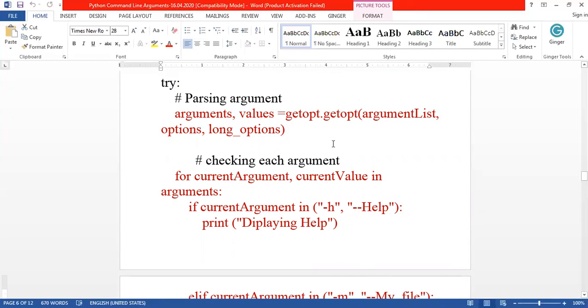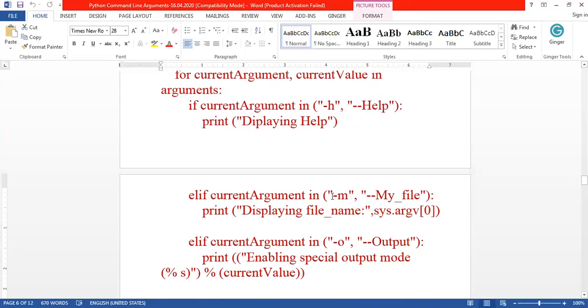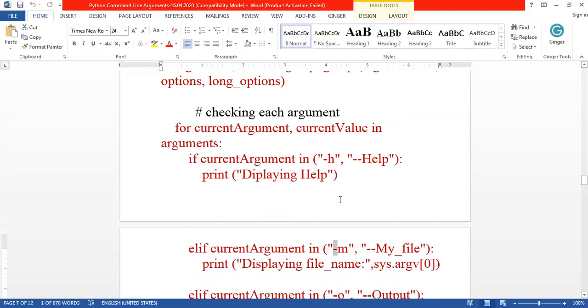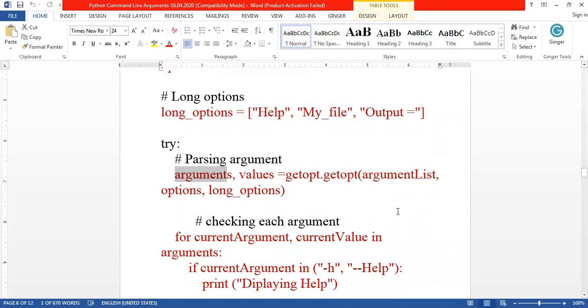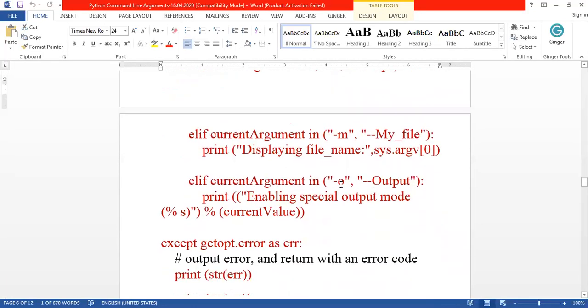Then again it takes the second argument. What is the second argument? It can take -m. -m doesn't take any value. So what is stored in the argument? It consists of two parts: one is -m and the other is none, since it doesn't take any value. And next, what is the third argument? -o.